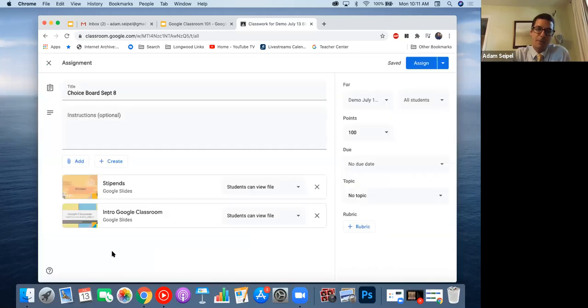So right now, my assignment, Choice Board, September 8th, has 2 different sets of Google Slides that are available for them. Now you'll notice that beneath add, it gives me a thumbnail picture of that resource. It gives me the title of the resource, what type of file it is, so Google Docs, Google Slides, Google Sheets, whatever it might be. But what I really love is all the way on the right-hand side where it says students can view file. If I click on this,